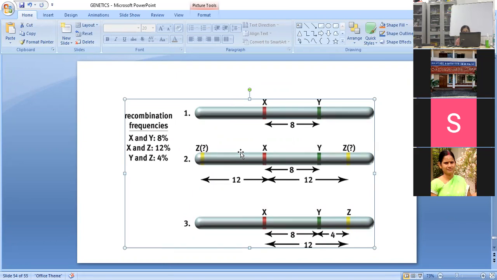Percentage of crossing over is more when genes are linked. First option. Second option: linked genes are located far away from each other. Third option: linked genes are located close to each other. Fourth option: linked genes are located in different cells. Now the option is linked genes which are placed far away. Linked genes are located in different cells.